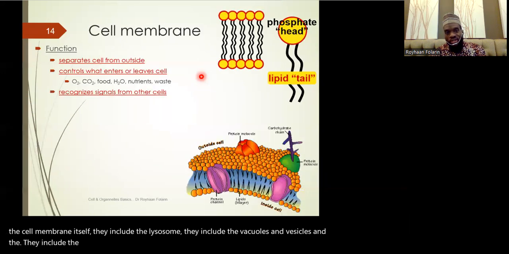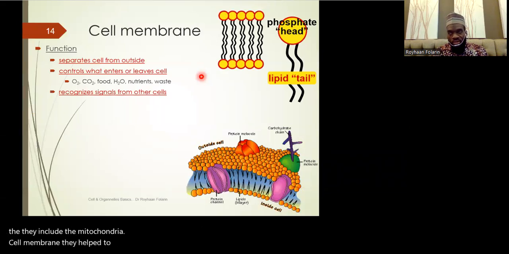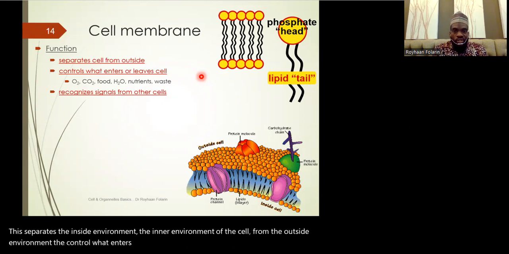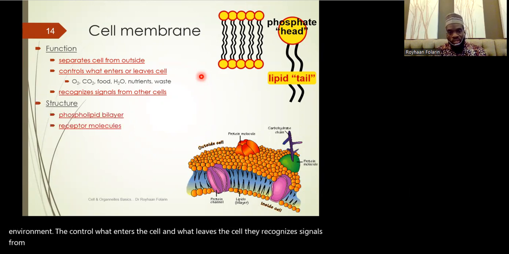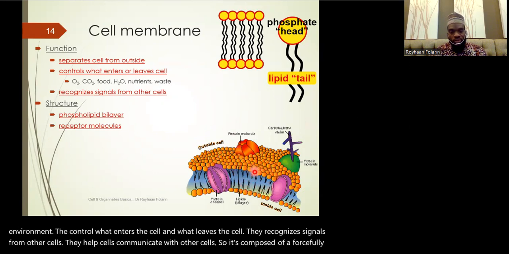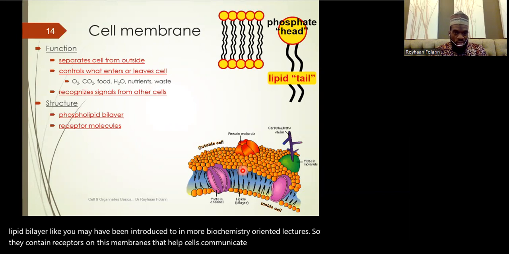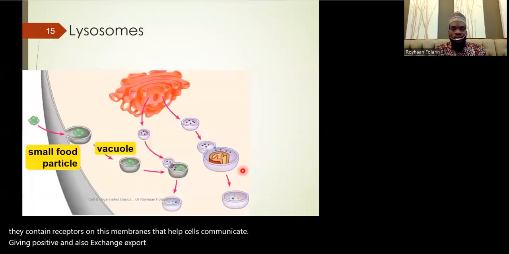mitochondria. As regards the cell membrane, they help to separate the cells. They separate the inner environment of the cell from the outside environment. They control what enters the cell and what leaves the cell. They recognize the signals from other cells. They help the cells communicate with other cells. So it's composed of a phospholipid bilayer, like you may have been introduced to in more biochemistry-oriented lectures. So they contain receptors on these membranes that help the cells communicate, receive impulses, and also export its